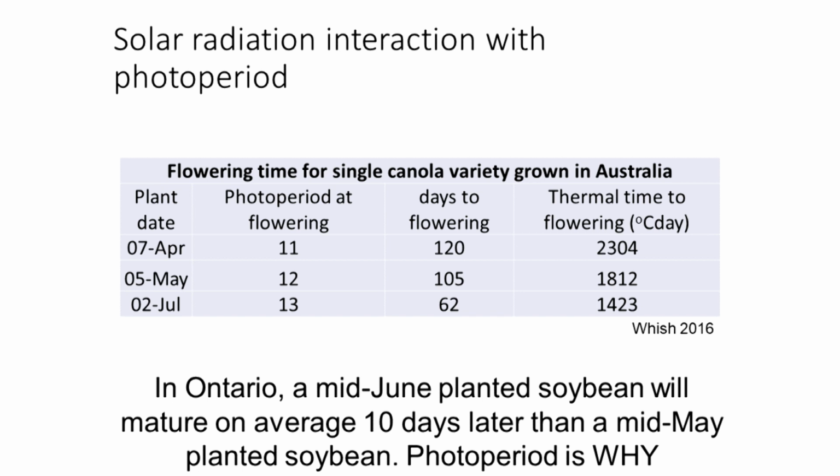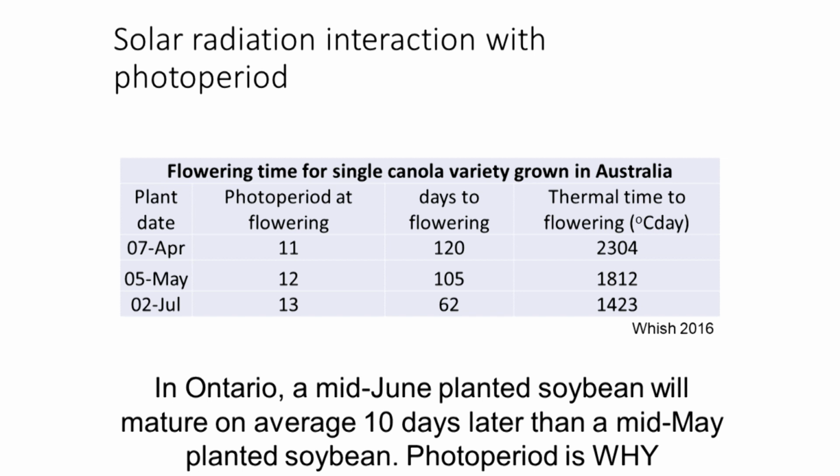So photoperiod, on one hand, increasing the day length from 11 to 13 hours, you have 2 more hours of sunlight. That's great. That's more potential photosynthesis, but you're shortening the time to flowering. And so vegetative development might be stopping too early in this case, and you might have lower yields because of that. Perhaps there's lower leaf area index, lower interception of that radiation. So overall, there's this trade-off between day length and how it benefits total potential photosynthesis and